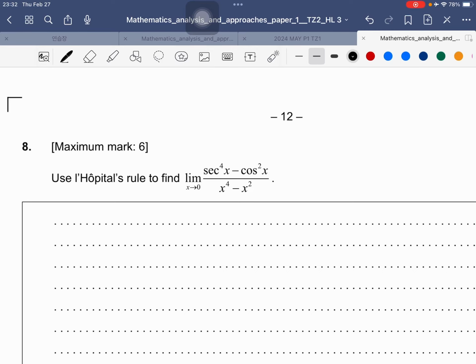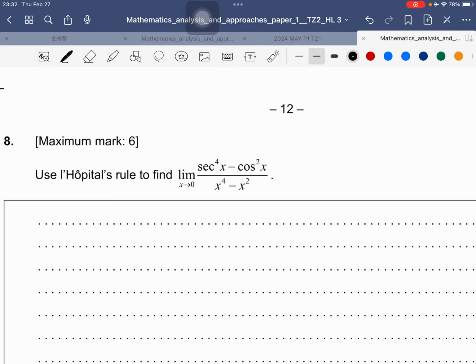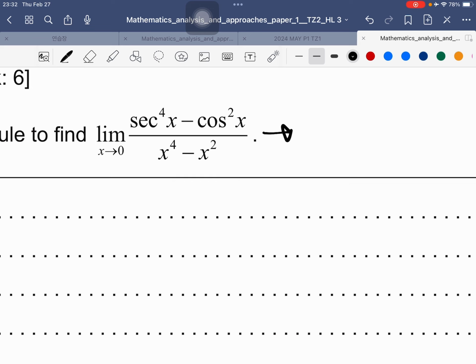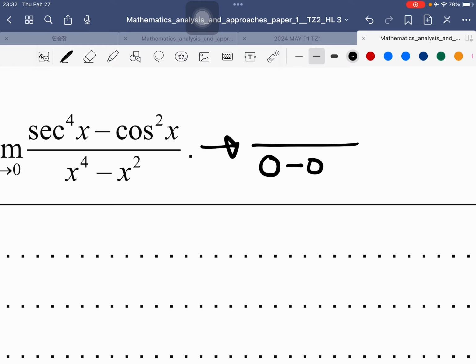Okay, question number 8. Use L'Hopital's rule to find this limit. So you can initially plug in 0 into the expression. This one goes to, when x goes to 0, 0 minus 0, and the numerator will be secant